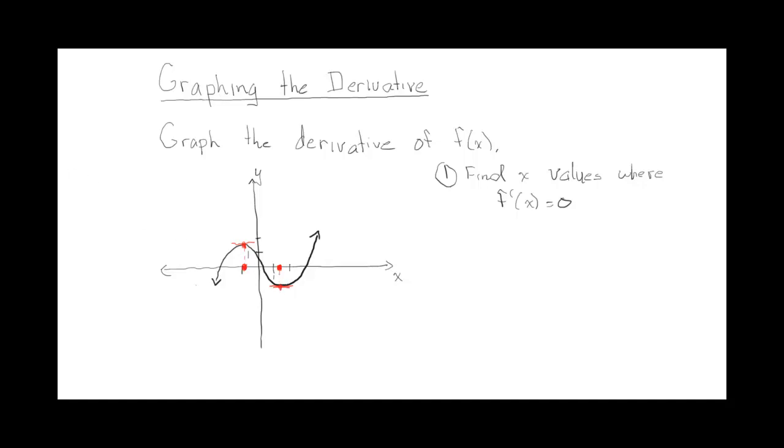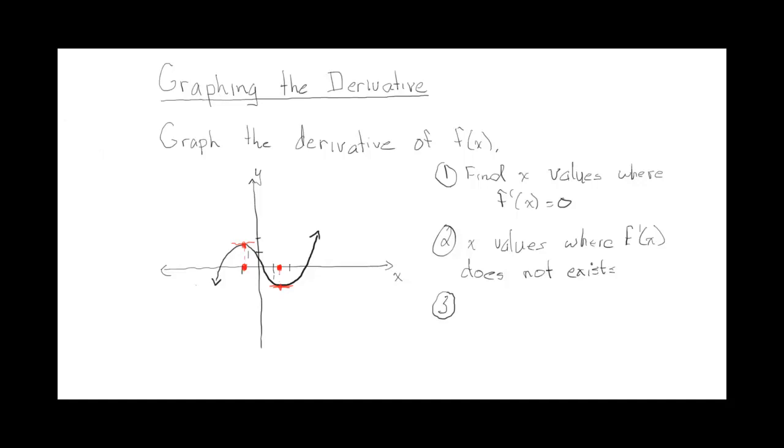Another important point you're going to look for is if the derivative is ever undefined, so if you had a corner, cusp, anything like that, that would be important too. So x values where f prime at x doesn't exist, but that doesn't happen in the graph that I have here, though it might happen in other ones. If it's a cubic looking polynomial, you wouldn't have any points where f prime doesn't exist, but it could happen for other types of functions.